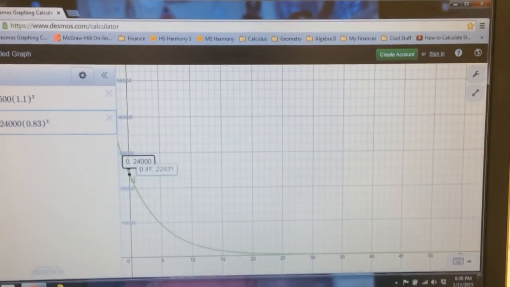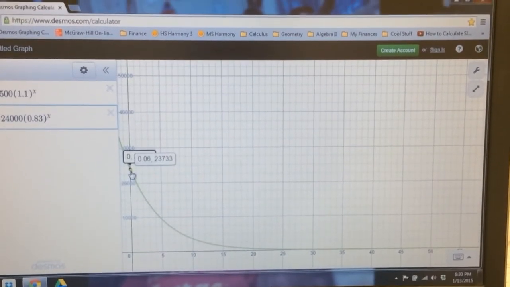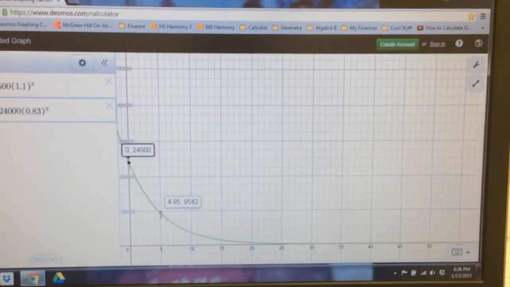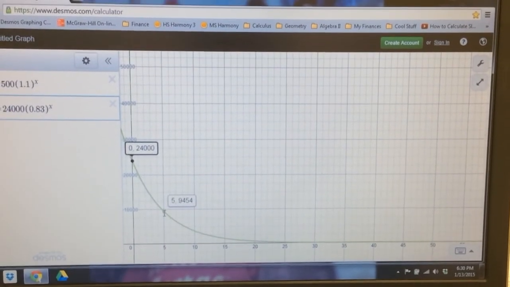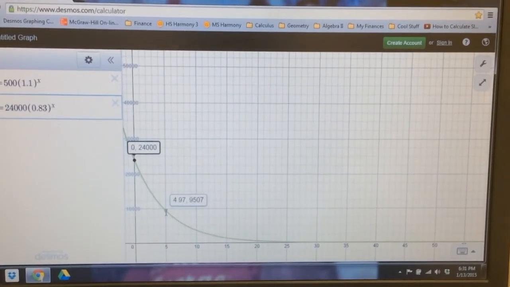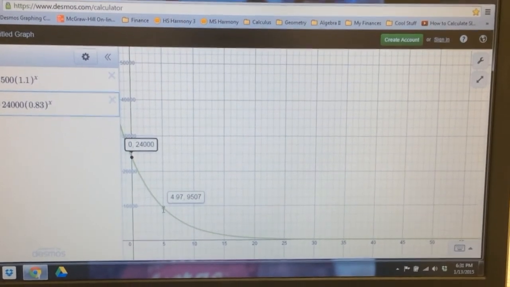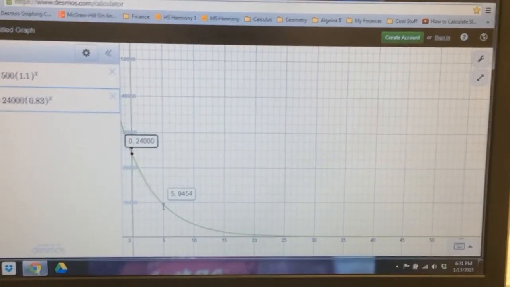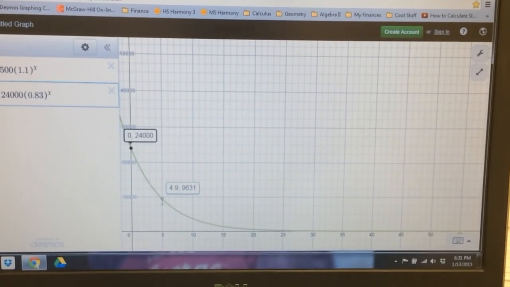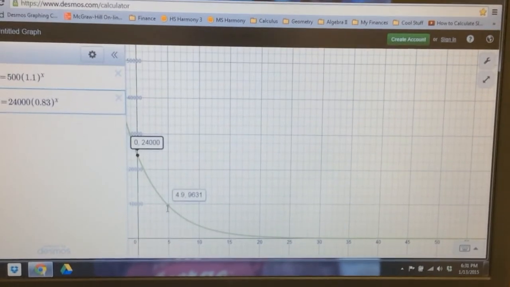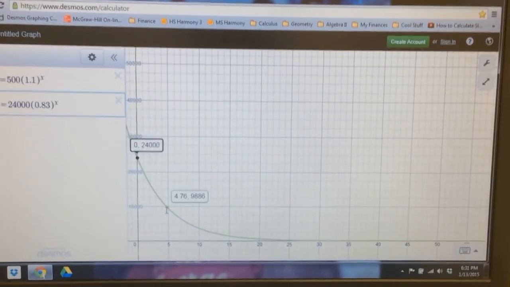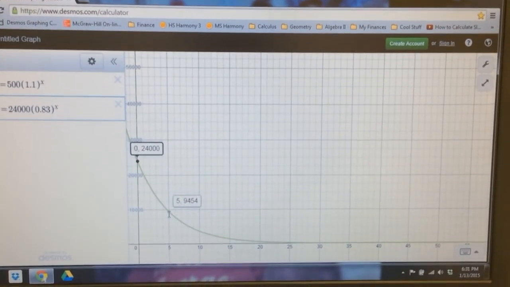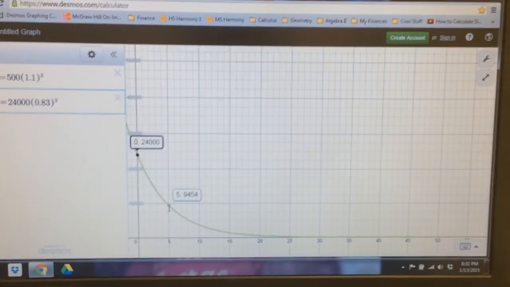But notice here the big drop from time 0, where it's $24,000, to 5 years later, your car has lost $14,500 in value. This is actually a big argument why you always get a used car, because if you can get a used car for something 5 years old for $9,454,